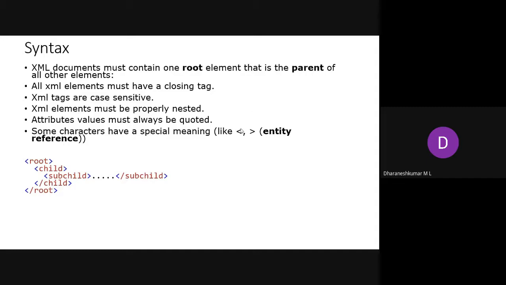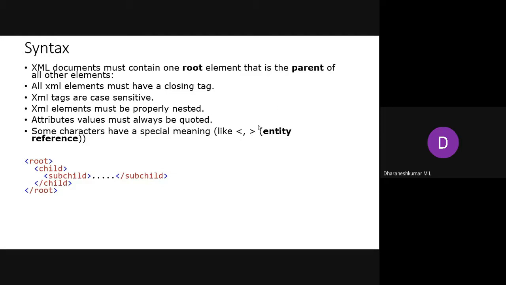Even in XML, while writing, we use opening angle brackets. If you want to include a less than symbol or a greater than symbol in an XML, you'll get a parser error, because the parser will treat the less than as an opening tag, and the greater than as a closing tag. Hence, in order to include symbols like greater than and less than, we use a separate entity. We call it the entity reference.